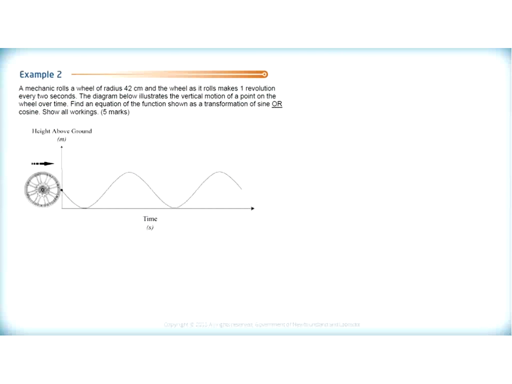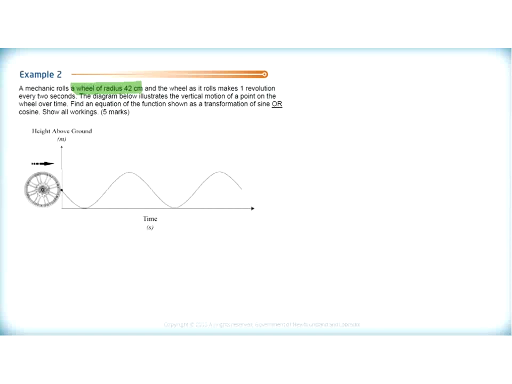In example 2, a mechanic rolls a wheel of radius 42 centimeters, and the wheel makes 1 revolution every 2 seconds. The diagram below illustrates the vertical motion of a point on the wheel over time. Find an equation of the function shown as a transformation of sine or cosine, and we have to show all workings. So the first thing that I would notice here is that the radius of the wheel